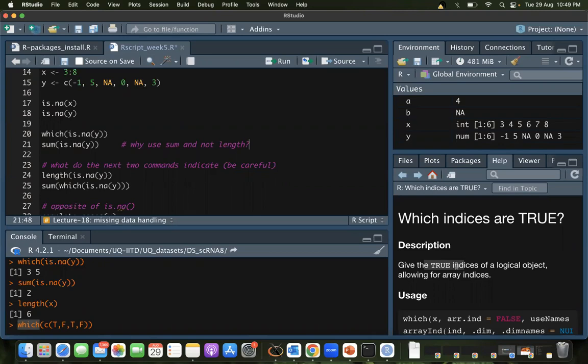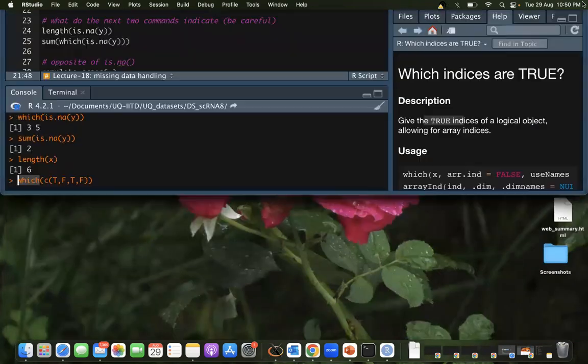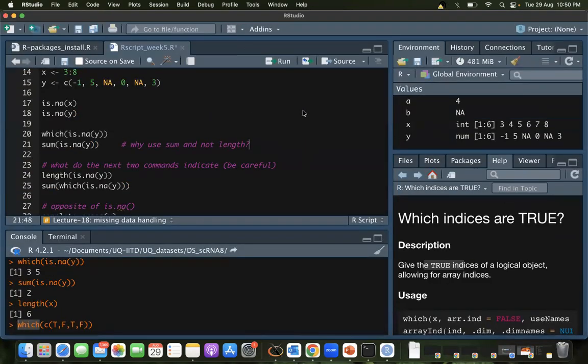That's it. Which command, inside of it, takes a list of true and false, and it tells you at what positions the truths are. Right. So, Divya, can you tell me what you think the answer for this is going to be, if which gives you the indices of the truths?